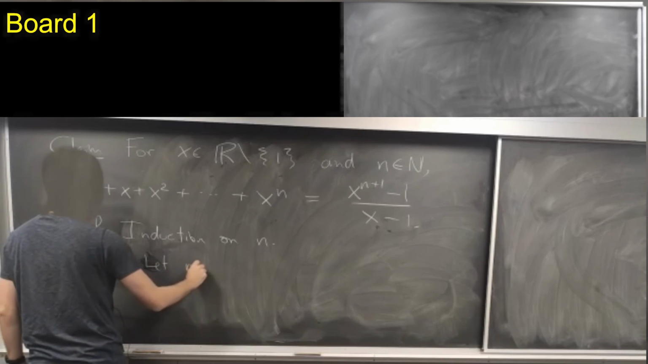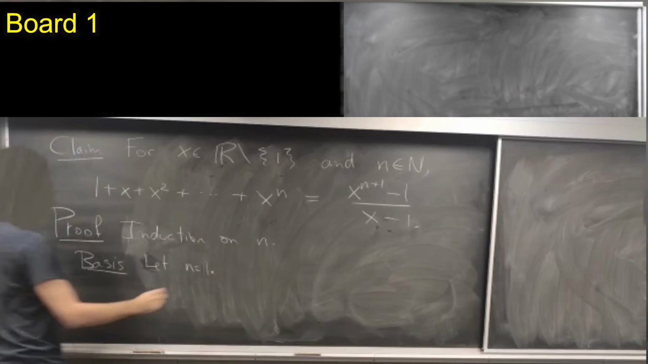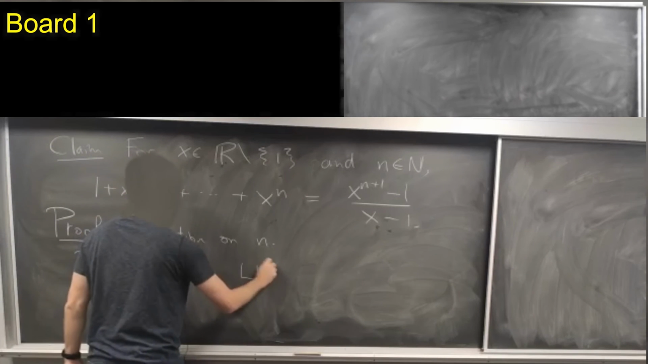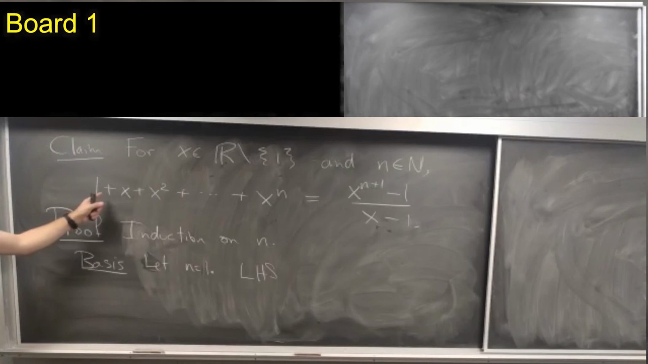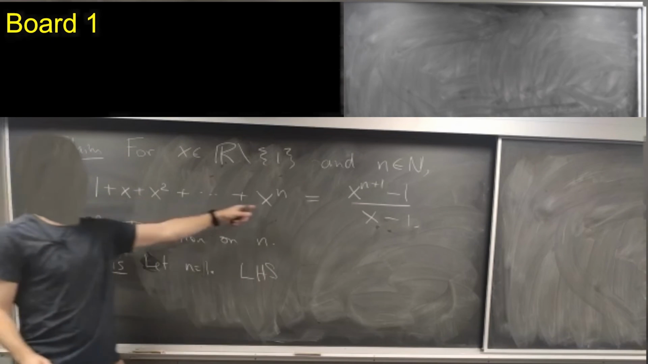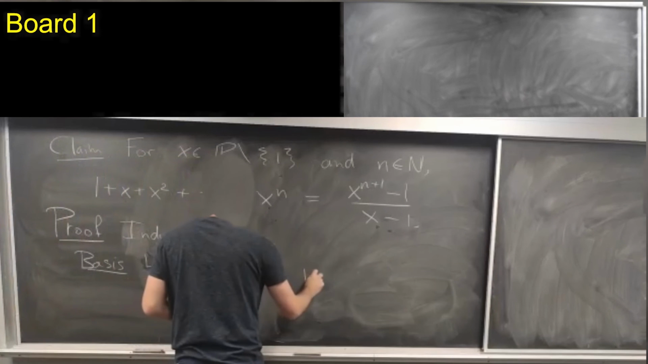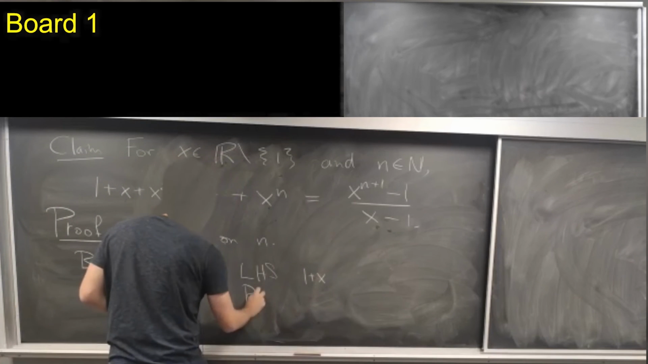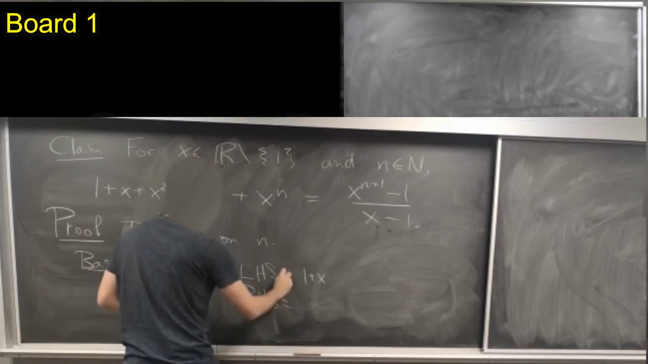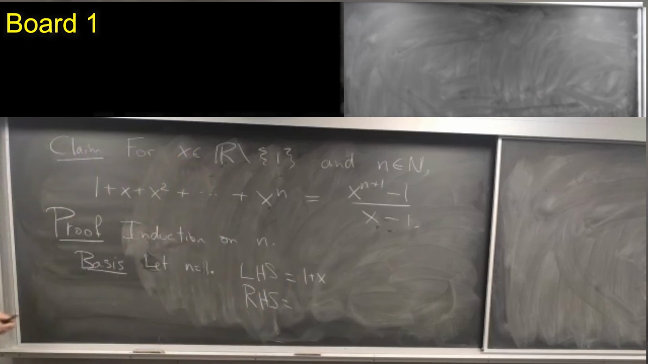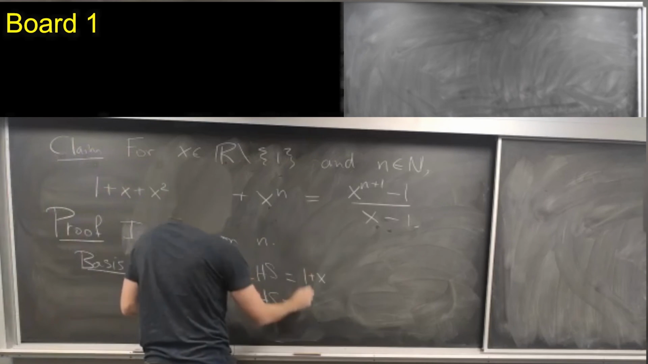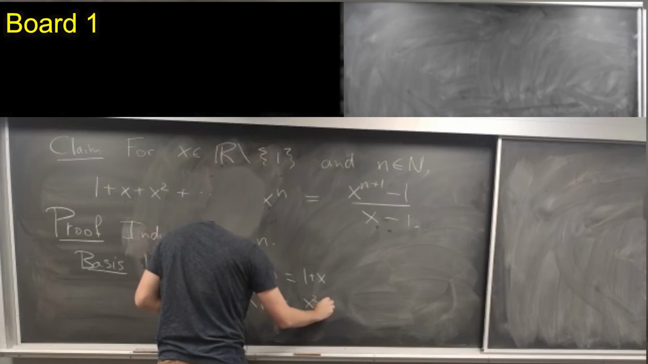Okay, so the basis is: consider the case n equals 1. The left-hand side is the sum 1 plus x dot dot dot up to x to the 1, which is just 1 plus x. Right-hand side. So this time, it's not going to be immediately clear why the right-hand side is equal to the left-hand side,